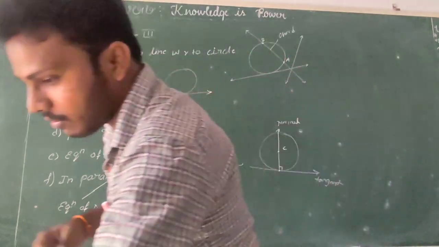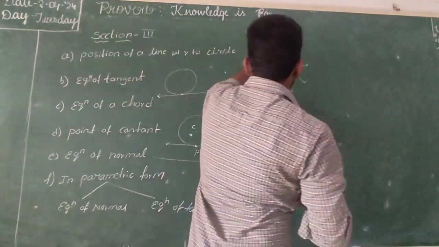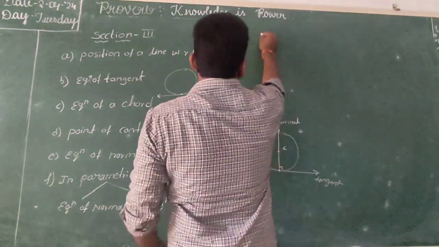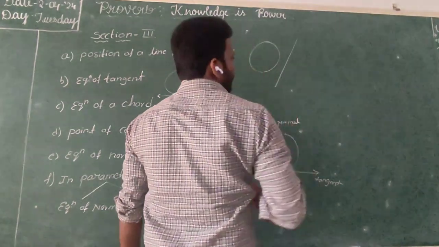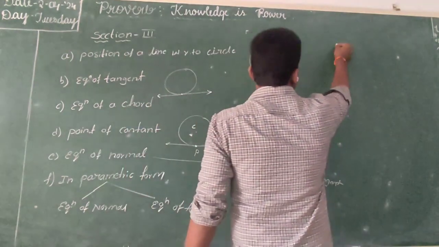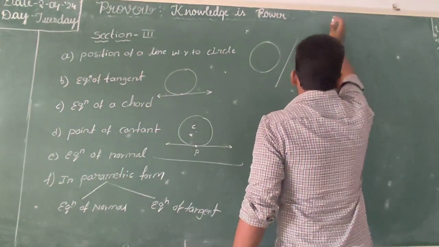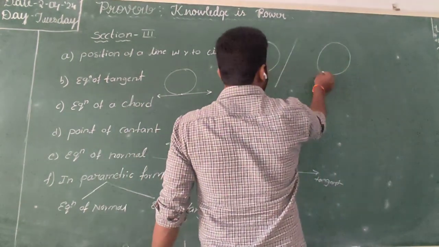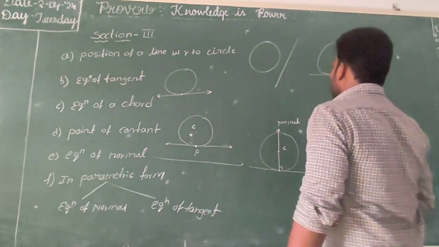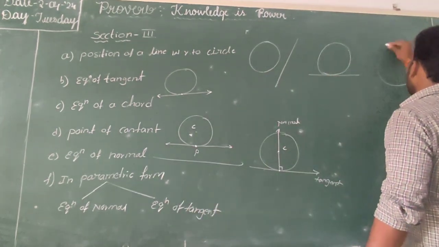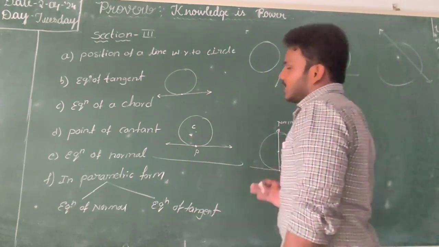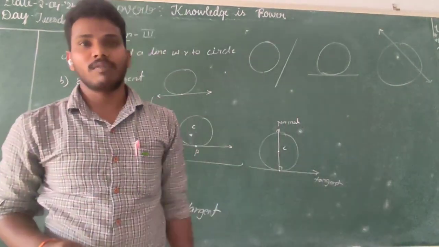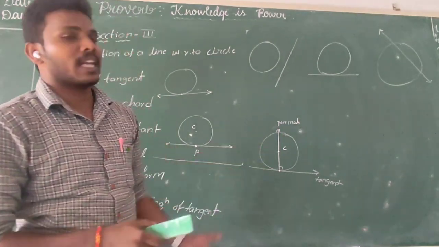Okay, I am arranging and writing neatly once again. See here, what are the possibilities here? It may be a line does not touch the circle, or a line may touch the circle at one point. Otherwise, one more thing, maybe a line intersects the circle. So out of these three things, definitely any one thing will hold for any circle and line combination.